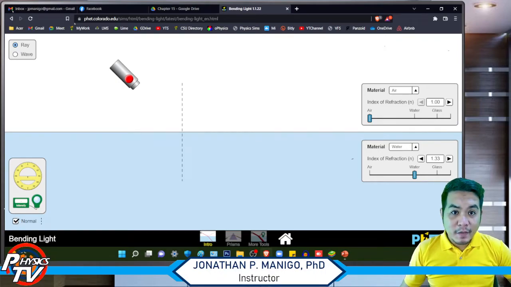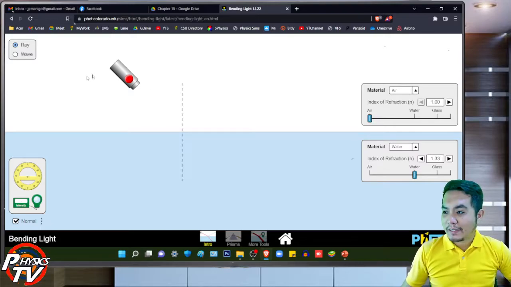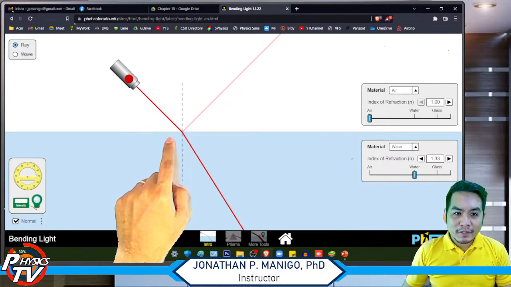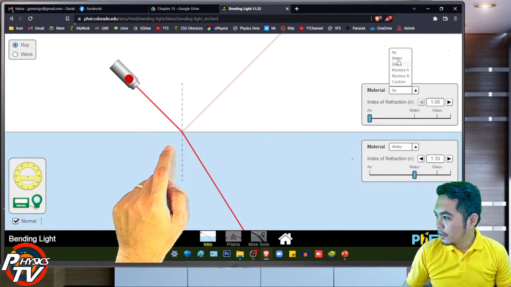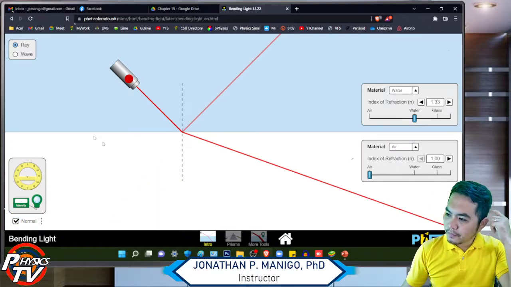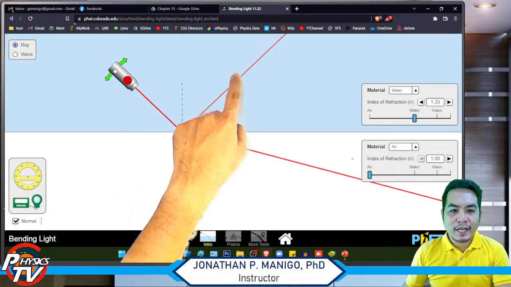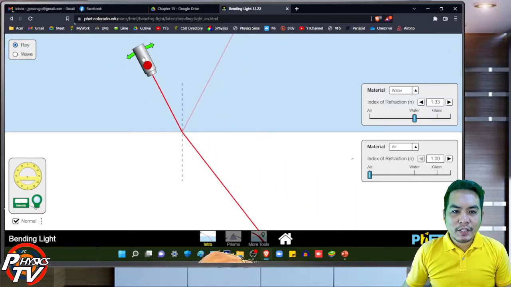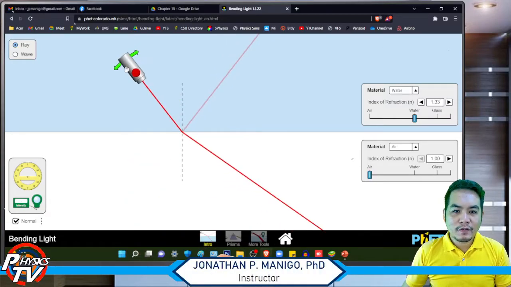Here is a PhET simulation which describes reflection, refraction, and total internal reflection. Normally, at a boundary, this is from air to water. So let's change this from water to air. Normally, there will always be a reflected light and a refracted light. But you will notice that there's a certain angle of incidence,